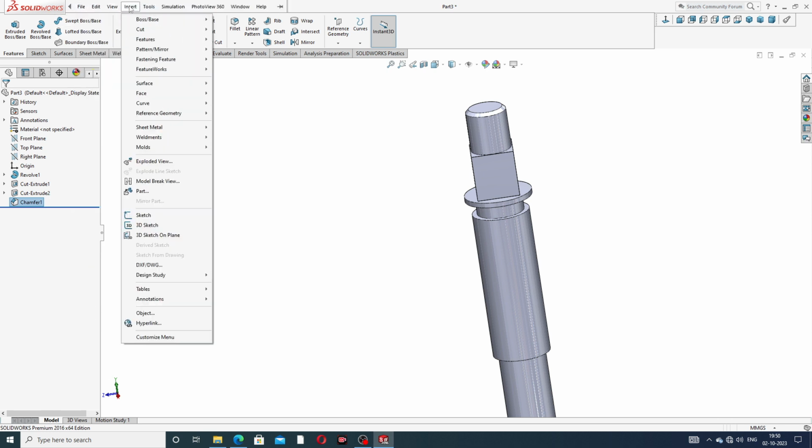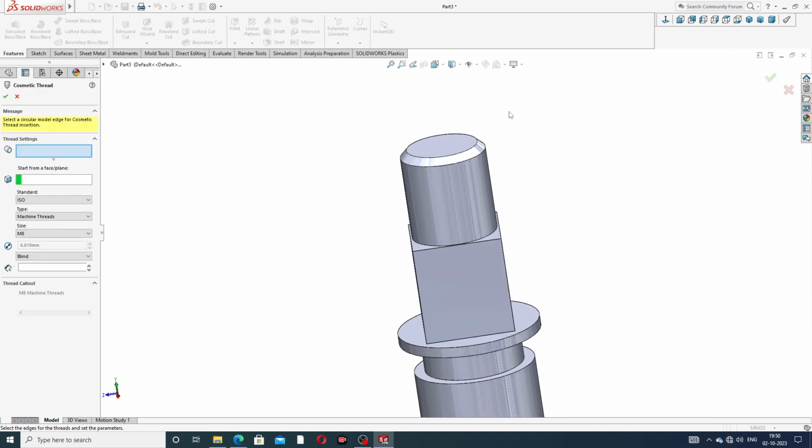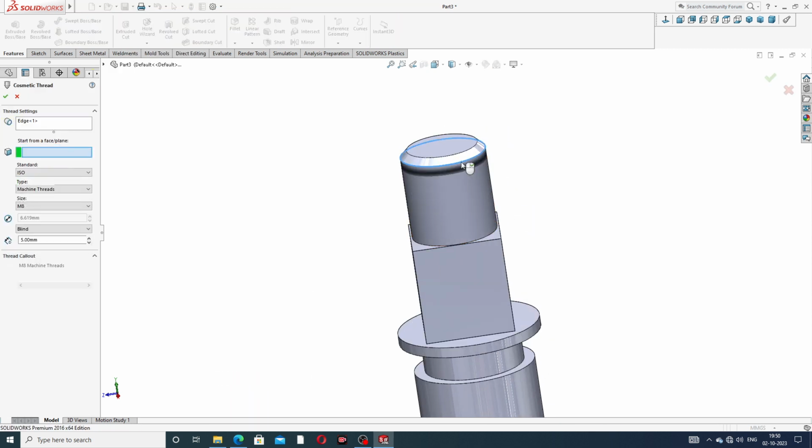Again select insert annotation, and going to cosmetic thread, and use this, because this is checking check here, then this is showing here, and uncheck, this is not showing here. Okay, and this face is select here, and a standard is ISO, and use a size is a 24 millimeter, and this is a 25 millimeter is perfect. Okay, all is perfect and correct.